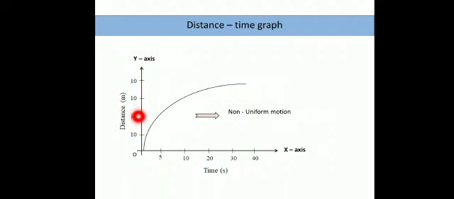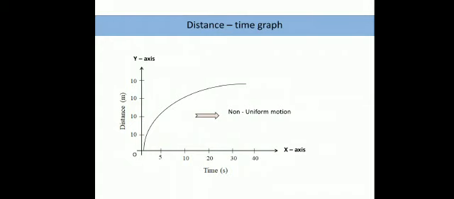Please make sure you do the correction. There are certain rules for drawing a graph, so in the next class we will discuss what these rules are. Most importantly, there is something called scale. Every time we use a graph sheet to plot a graph, we should mention the scale. What is the scale? How much? What is the physical quantity? One unit of this distance shows which physical quantity. On the x-axis we have to put a scale, and on the y-axis we have to show a scale. Then only is the graph correct.